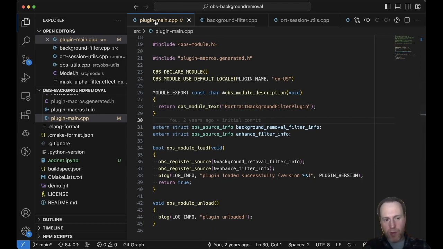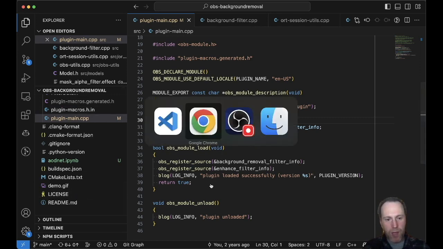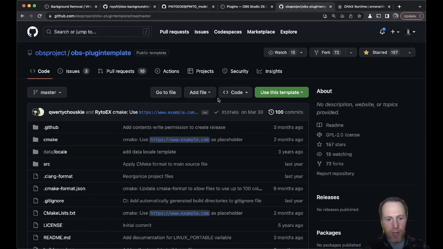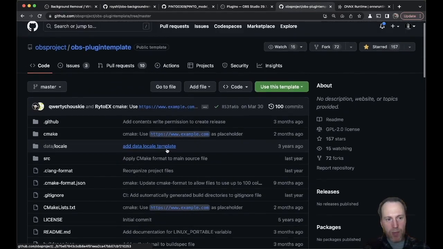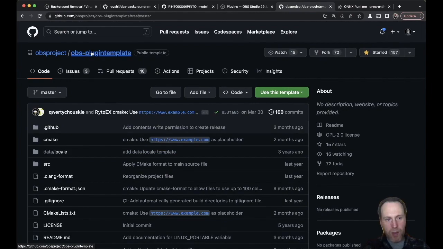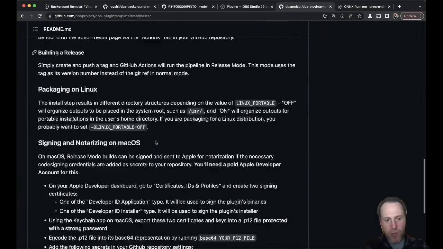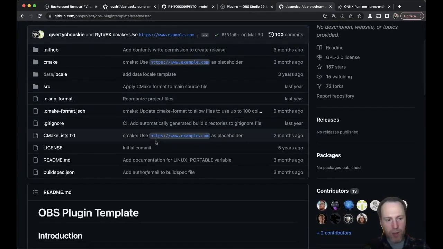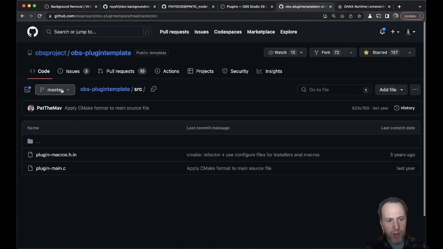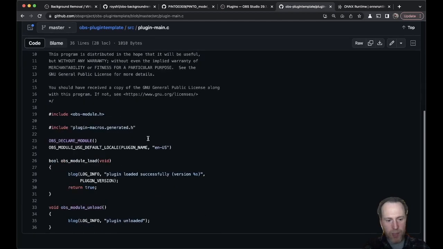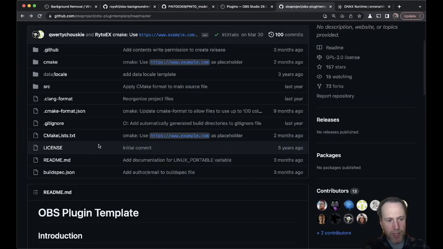The very first entry point for any plugin for OBS will be the plugin main CPP file. All the plugins are built in C++ using the very, very good plugin template provided by the good people of the OBS project. The OBS plugin template is a very neat template for starting to build your own plugins. It comes with a lot of things built in. Obviously, the plugin that is built in this template doesn't do anything, but it has everything that you would need